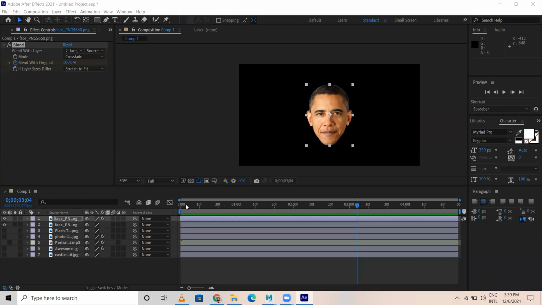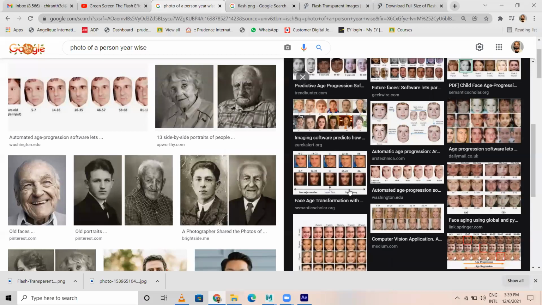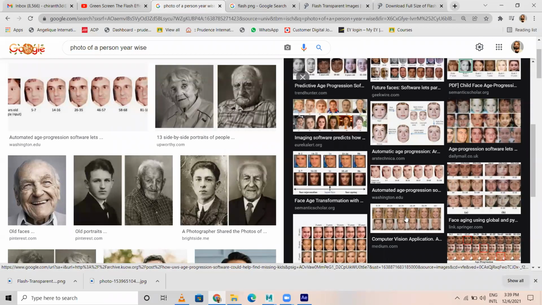So in the beginning, your image 1 means your 3-year-old image, it is morphing to a 5-year-old image, then it is morphing to 7-year-old, 8-year-old, or 10-year-old, like that. Finally it should land up to your 18-year-old or whatever present image. So this is the challenge here. This is what we have to do.